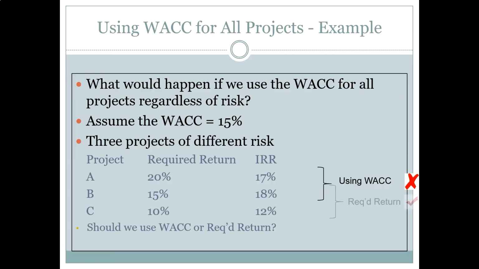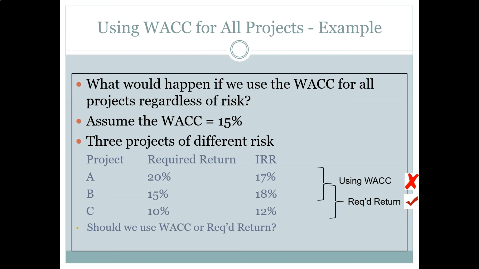So the risk for each of those divisions is going to be very specific to that division. And the average risk for the whole firm is not going to be very helpful when we're trying to make decisions about the individual projects for the individual divisions. Let me show you how that happens here. Let's assume we've got this firm with three different divisions, and each division is proposing a project.